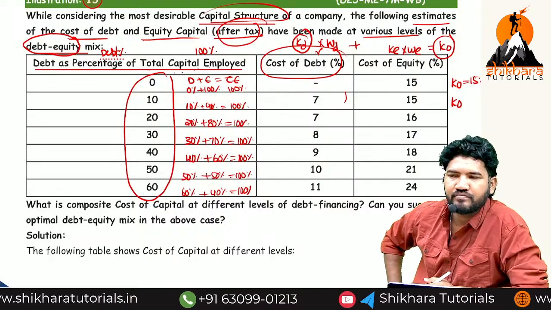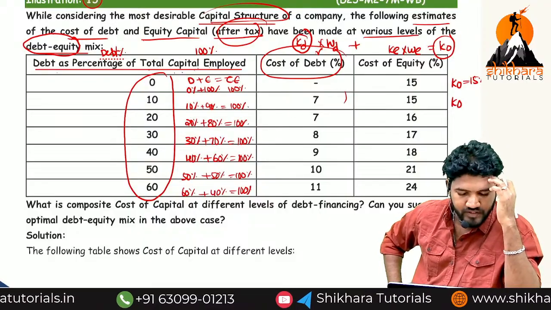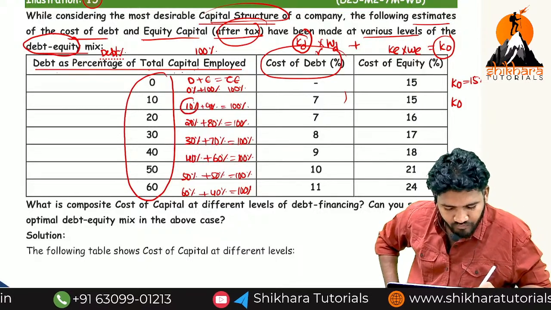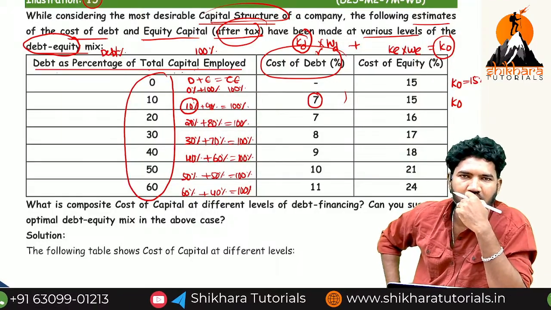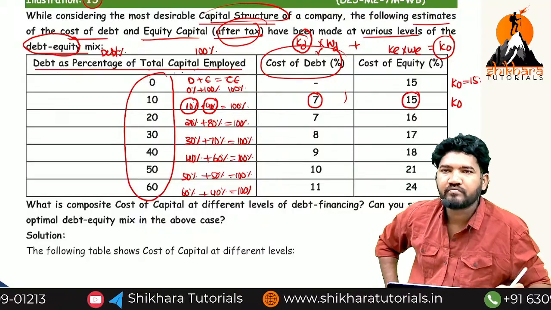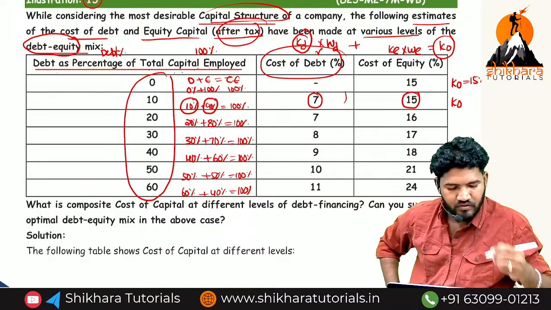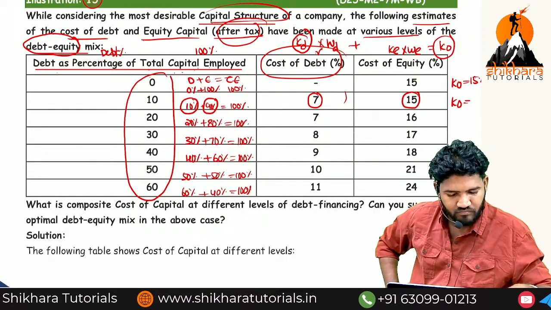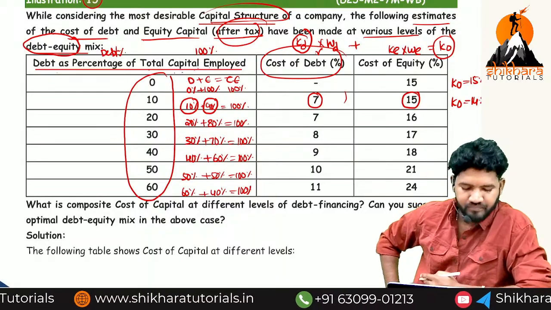M plus, first erase all memory, press MRC 2 times. Now first I am calculating product of debt. How? 0.1 into 0.07 M plus, 0.9 into 0.15 M plus MRC, into 100 you will get percentage. 14.2%. Clear, sir? Next, third,